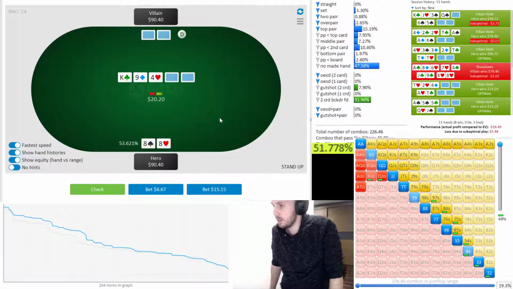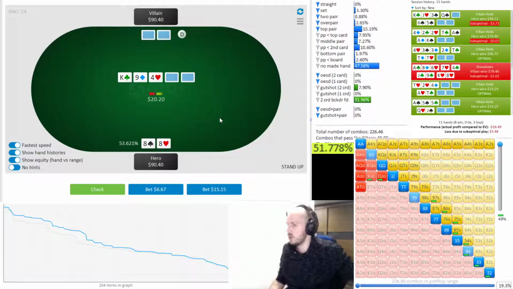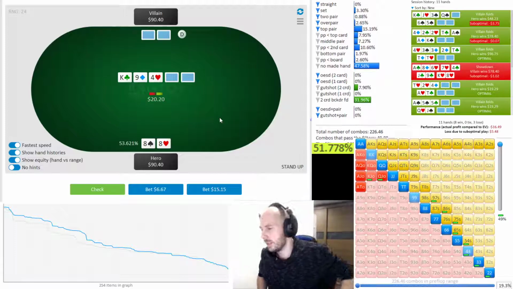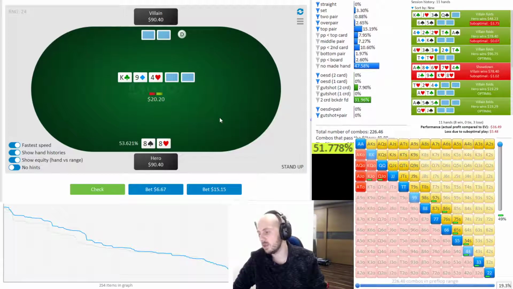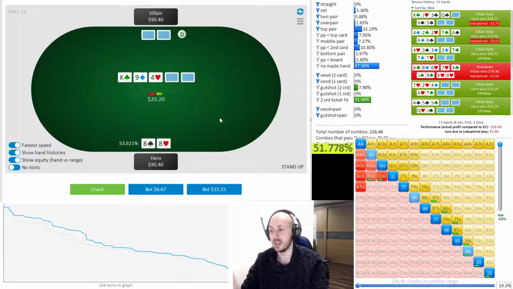So here, these types of boards, very disconnected. We do still want to check in range because we do have a bunch of air and eights, you know. Eights, I think, don't really want to bet that often. What often happens with these pocket pairs is that the higher up you go below a card on the board, so let's say queens, for example, bets less often than, for example, tens, because tens have more hands that can connect